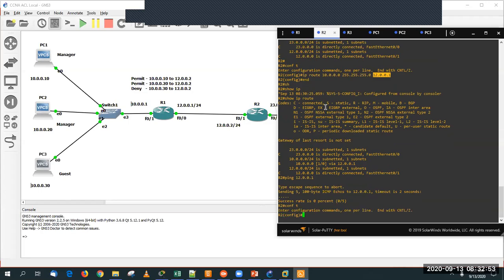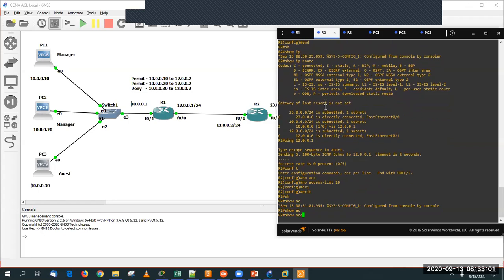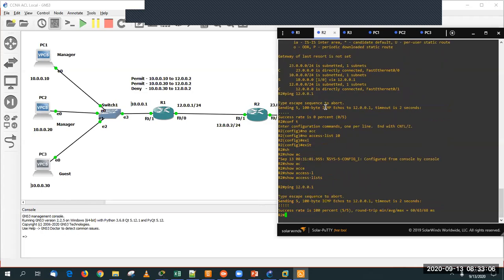So because of the access control list, of course, let me just remove no access list and show access list. The thing is there. Now if I ping that guy, the ping is working. Now if you guys have a question that, hey, you applied ACL on the inbound direction, and when you are trying to generate a ping from R2 to R1, actually the ping is going from here to here. Now still the ping is not working, why? Why is it impacting my outbound direction? So it's not like that.